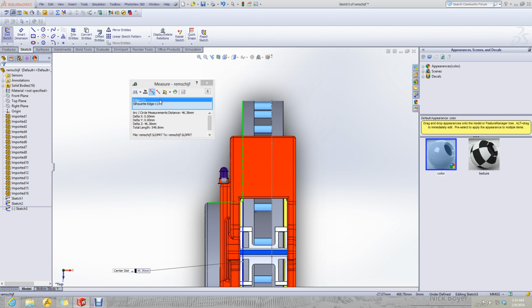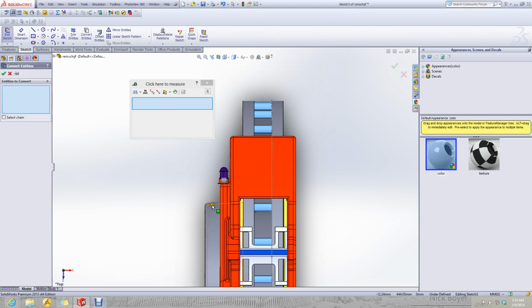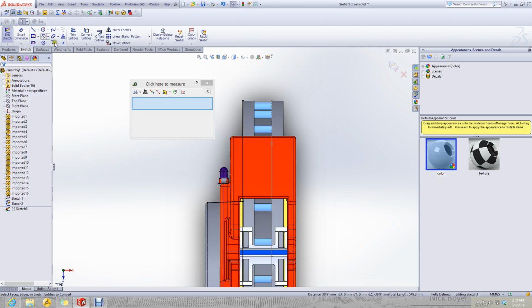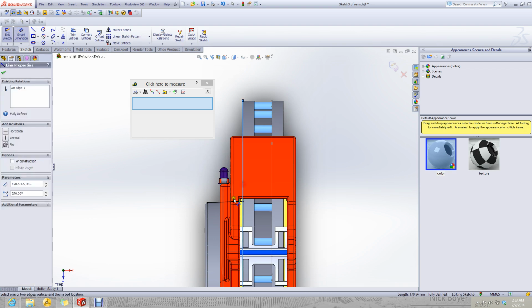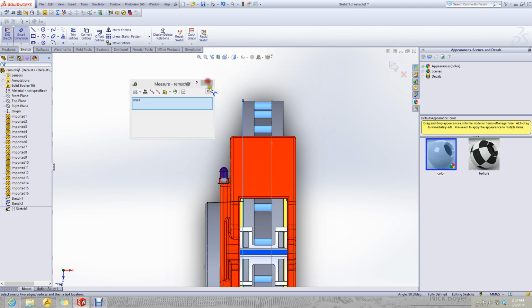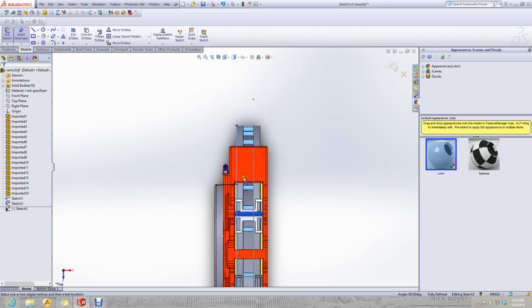I'm still not able to get the angle. I will trace over this line and this line, get their projection, and now their angle is 92 degrees. It means there is a 2-degree draft.